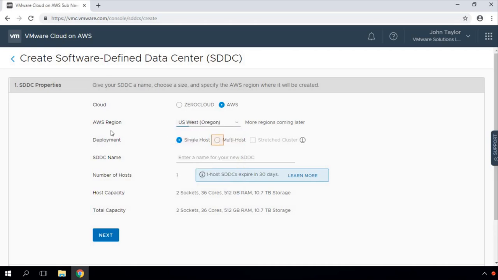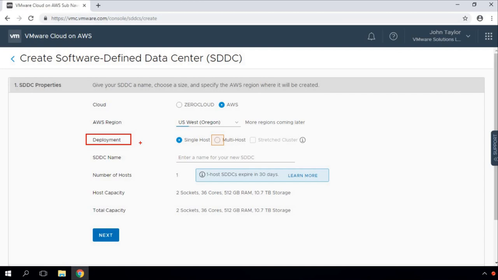Now the next parameter it asks for is deployment. And what does that mean? We have a bunch of options available here, such as single host, then multi-host, and within multi-host we have a stretch cluster. This deployment type is asking us what kind of SDDC we would like to deploy.